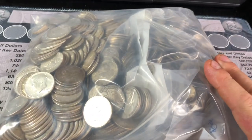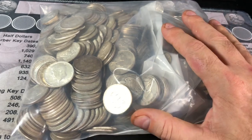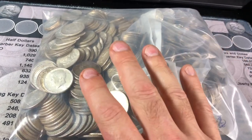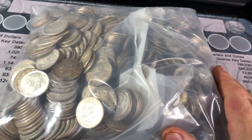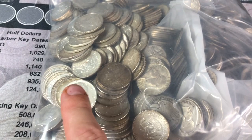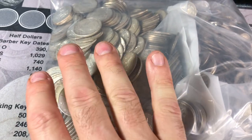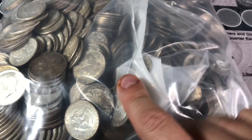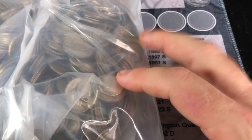Hey everybody, it's Rob with RobFindsTreasure, and if you watched my Morgan and Peace Dollar video, in that same purchase, I purchased a bunch of other constitutional silver, or junk silver if you will. There is a ton of Kennedy 64s, which I'll be checking for any of the varieties. We have a nice little bag here with Benjamins and Walkers, and then another bag with a whole bunch of